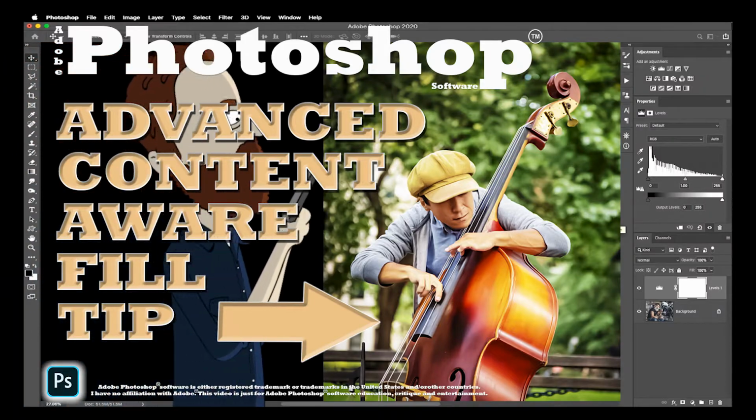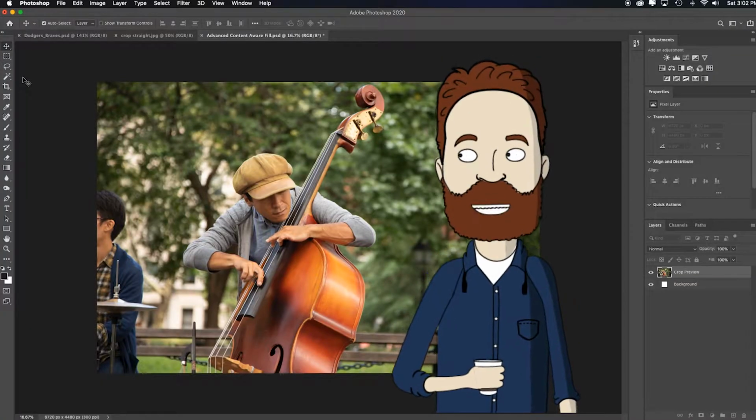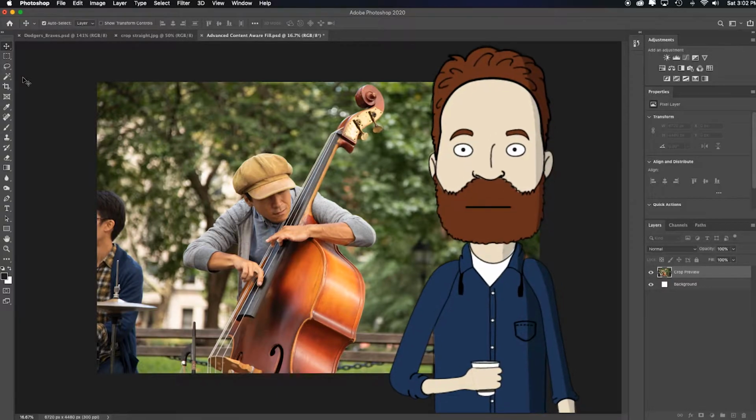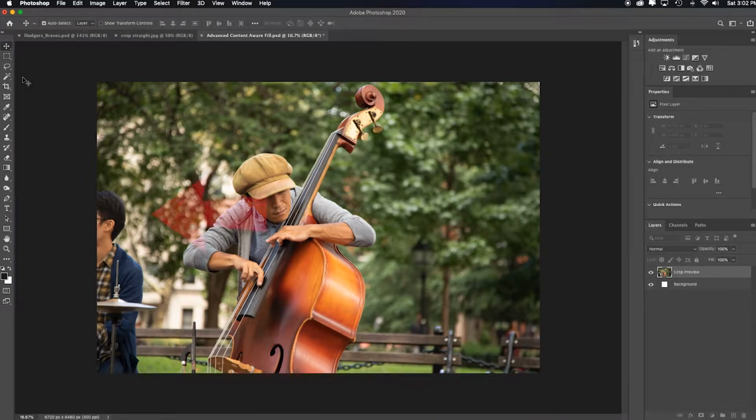In this video, I'm going to show you how to use advanced content-aware fill techniques. We're going to take this image and crop out the distracting elements on the left and actually convert it to